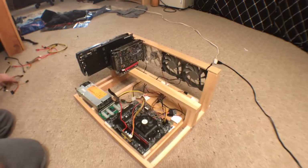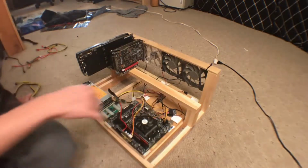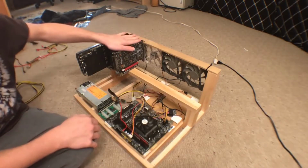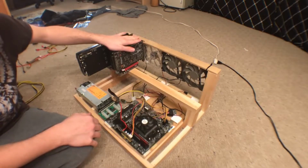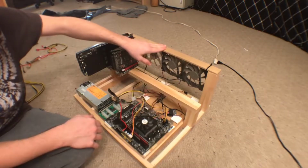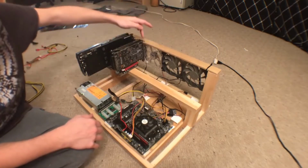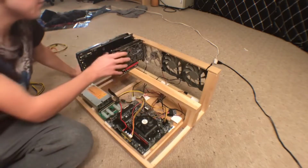So the way I got these graphics cards mounted is in that little thin piece of wood on the top. I just drilled through the wood where the screw would go, and I put the motherboard up there, and then I put the screw in, and the pre-drilled hole made it really easy to screw in. So that's how I got those graphics cards up in there, and they're very secure and tight,